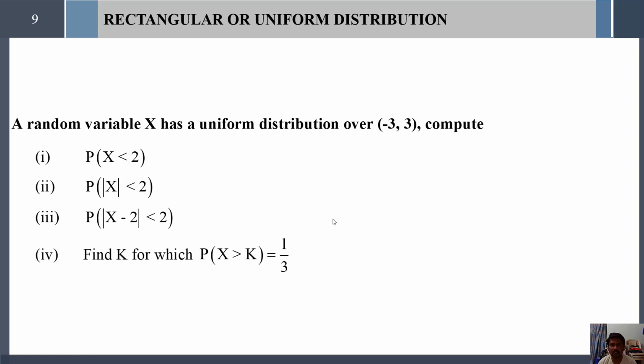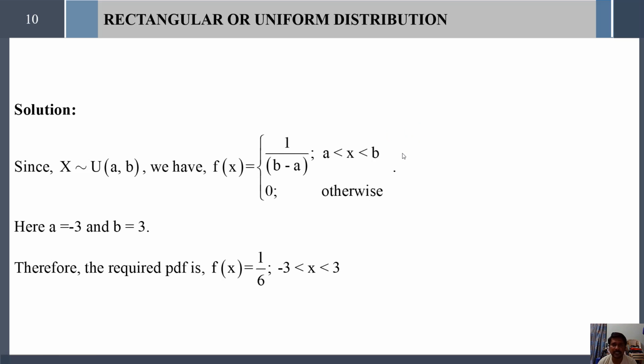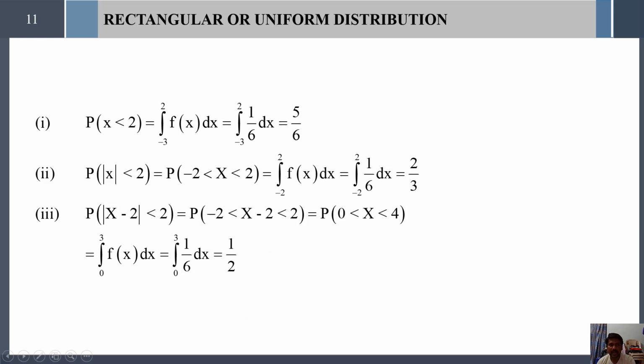This is simple. Anyhow, we are given one interval. So using this interval, this is a value and this is b value. Substitute these two values in the PDF f of x, then we can get the particular probability density function for uniform distribution. I have substituted a equal to -3 and b equal to 3 here, then 3 minus of -3, then f of x equal to 1 divided by 6 in the interval -3 to +3. And next, for the first question, probability of x less than 2.